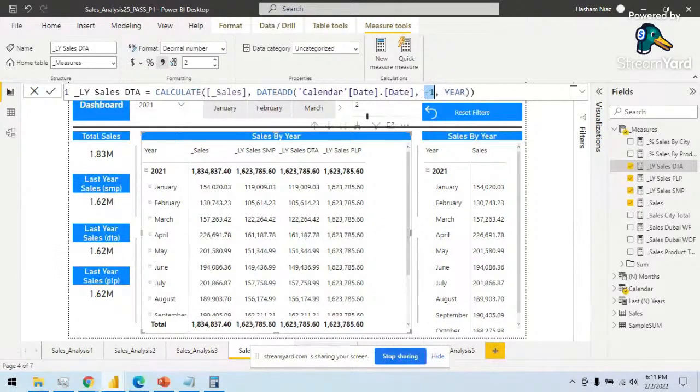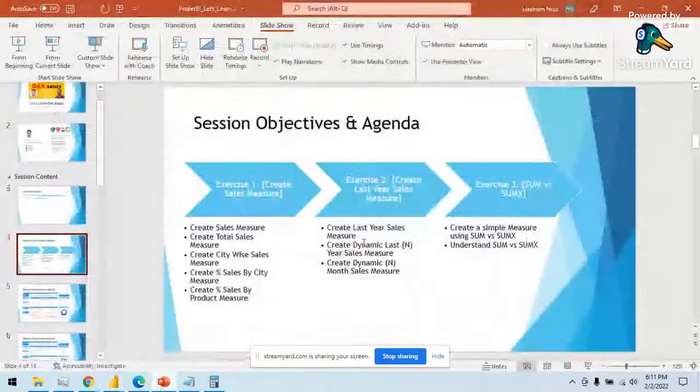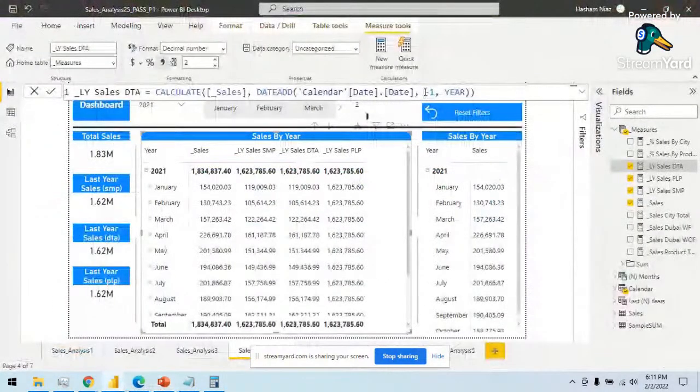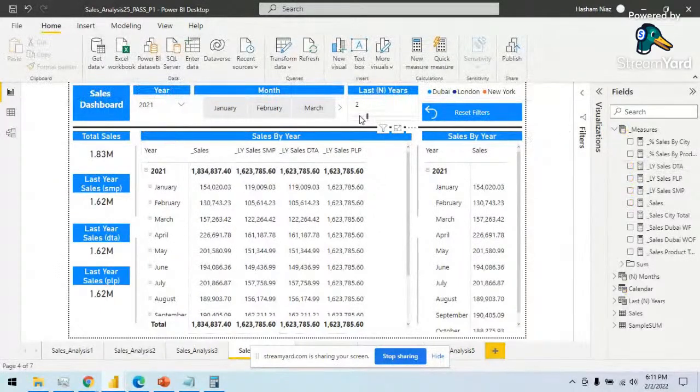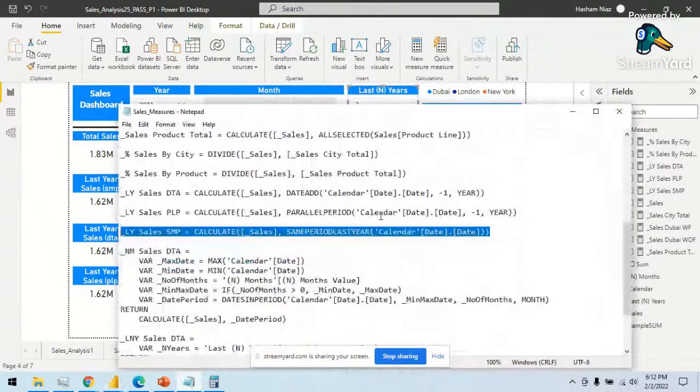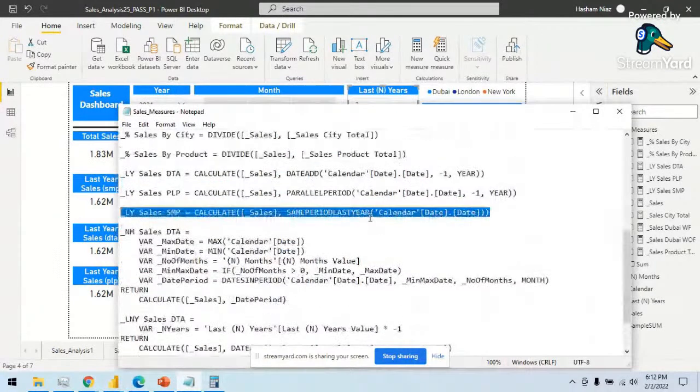And I can maybe do some advanced things here. Like, remember the task where we have to create the dynamic last 10 year sales measure. So with this, how about if I use a parameter here, and I can actually go back and forward. You see I have already created a slicer here which is showing me last 2 years or 1 year or maybe last 5 years. So how about if I use this one, and same here, I create one more measure here which is going to be,